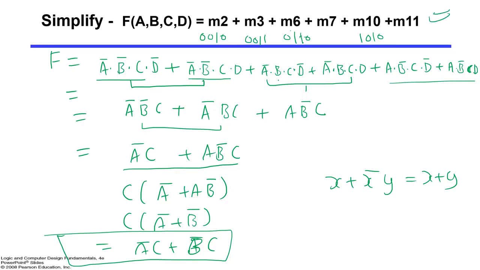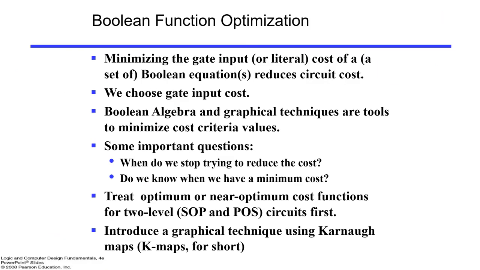Now if it is given in minterms, what is this? This is the canonical form of sum of minterms that we have written. And what we have got from here is the standard SOP form. Getting everyone? Okay, cool. So you got this idea. Ultimately, from this entire story, we can minimize the function.